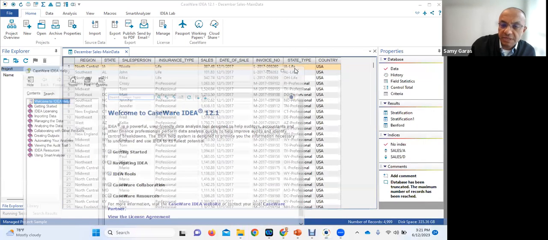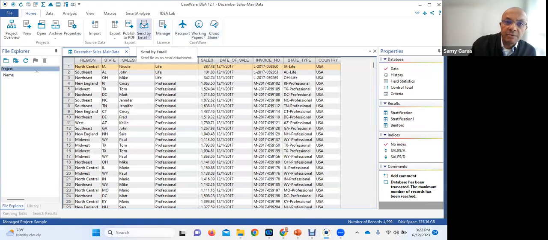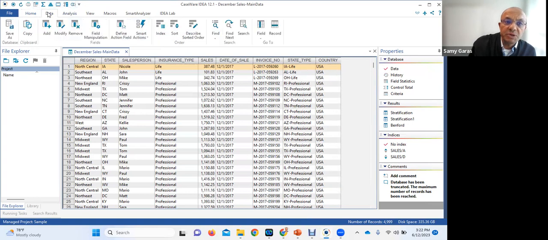Let me close this screen. Now, once we finish Home, then we go to Data. And in some of the work in the assignment, I might ask you to add a new field. Adding a new field means you add a new column here. So we can add a field through here, or we can modify a field, or we can remove a field. For the fields that already exist in IDEA, which I will give to you in the assignment, IDEA